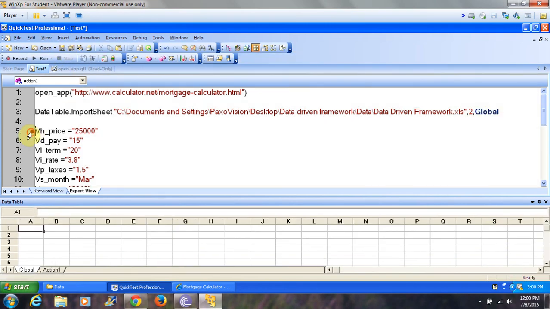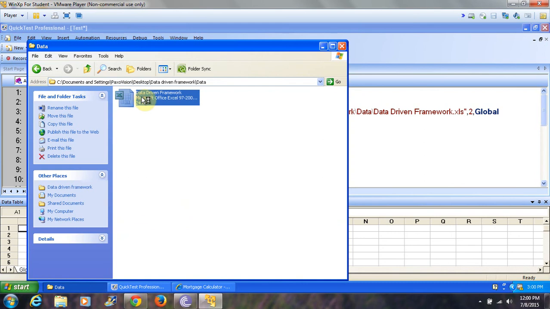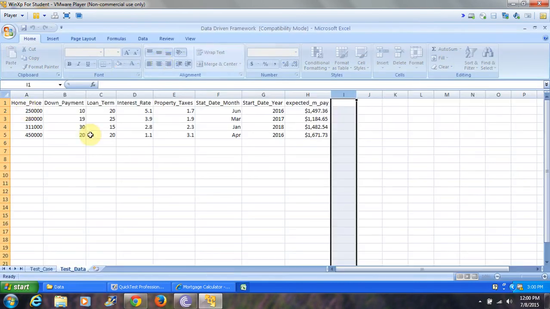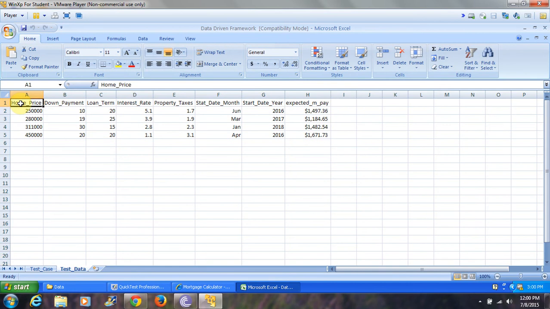Now I don't want to give the data like that. I want to tell QTP that instead of the data, take the data from the global sheet. So how? In the variable, data is gonna come from the data table, and from the data table, which column? I know which column. The column name, you have to give exactly the name you gave in the Excel sheet. Home price. So copy that